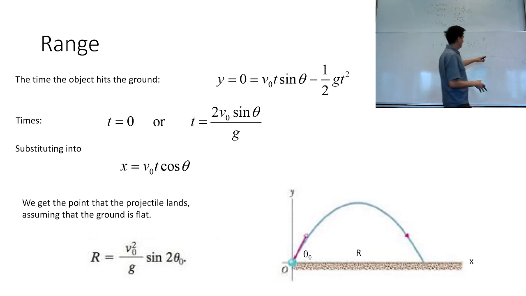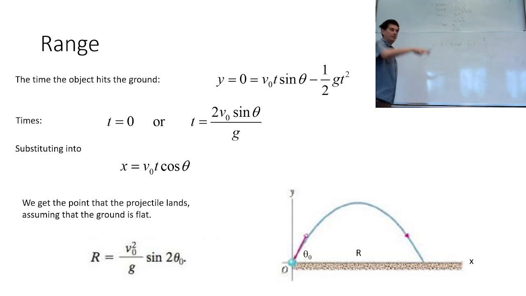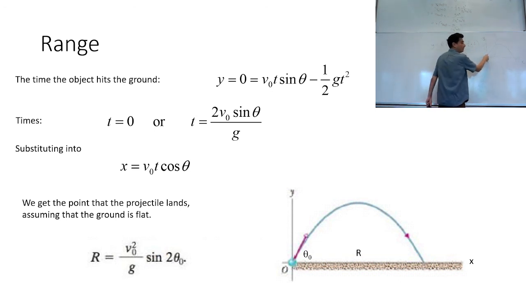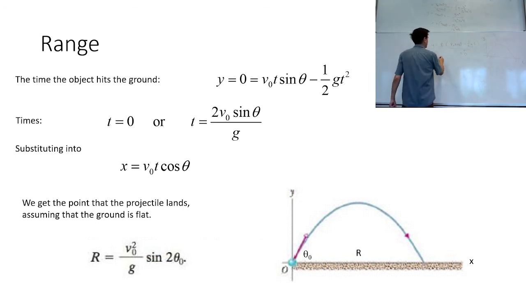So at this particular time, the height is going to be 0 again, i.e. it's going to hit the ground. So we can work out what that time is by just setting this part to 0. This part is just saying that at t equals 0, your initial height is 0. So just rearrange it: half gt, in other words, 2v0 sine phi over g. That's